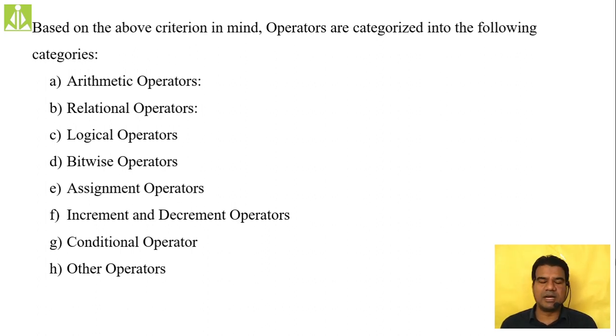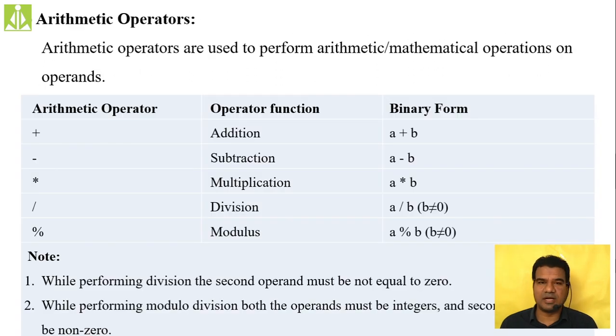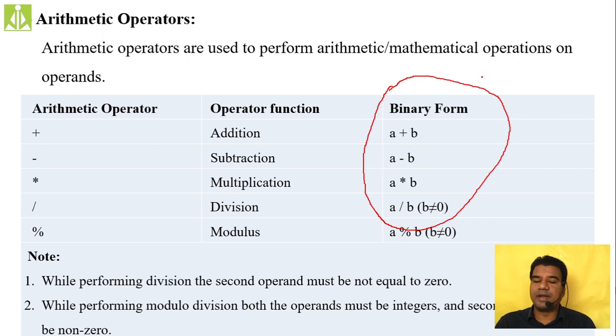So we start with arithmetic operators, and yesterday we discussed these arithmetic operators. They are of binary type because they take two operands. As you can see over here, all my arithmetic operators take the binary form, because they require how many operands to perform their functionality? Two operands. That is the reason why we are calling them binary operators.